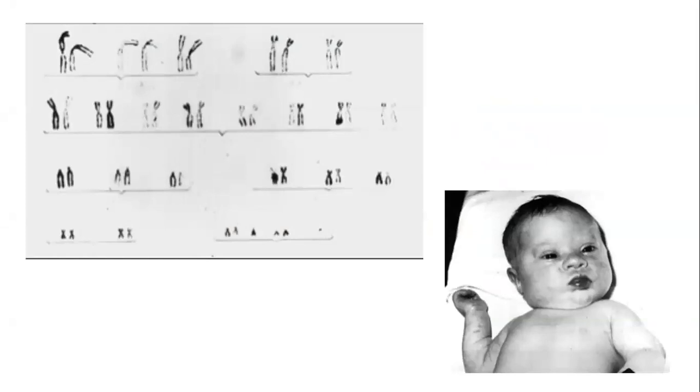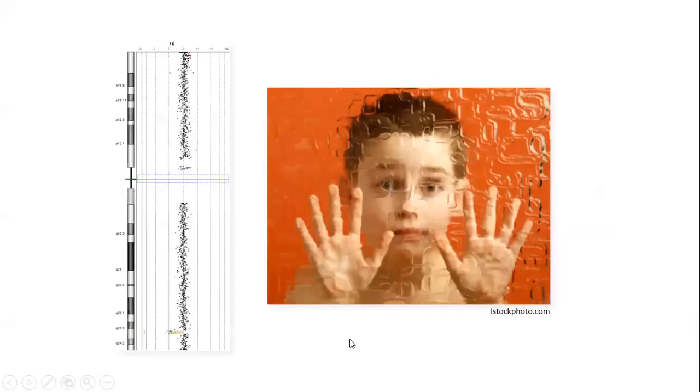So a lot of people, when they think of genetics, think about this sort of scenario. The picture in the upper left is a karyotype that was produced in the early 1960s, about when cytogenetics was sort of born as a field. The child to the right you'll recognize as an individual with Down syndrome. And indeed, there are altogether 3 copies of chromosome 21. It should be a familiar kind of scenario, and for many people this is how they think of, relatively rare, in this case, genetic issues.